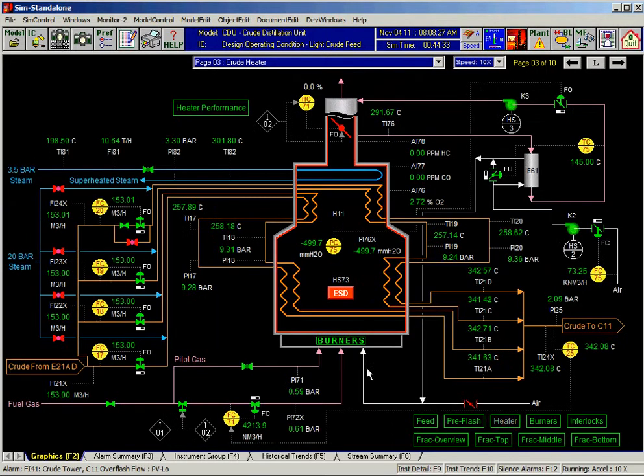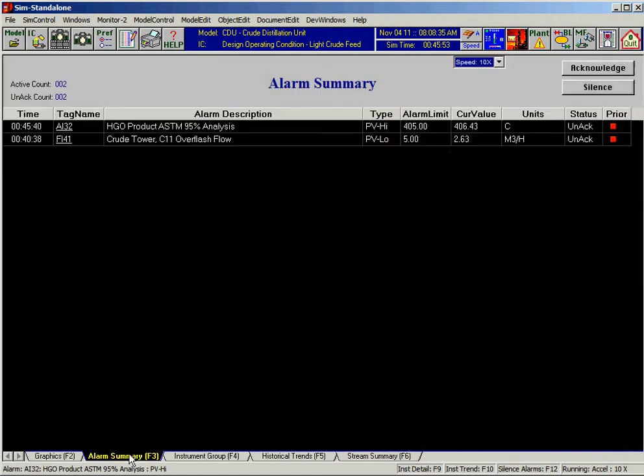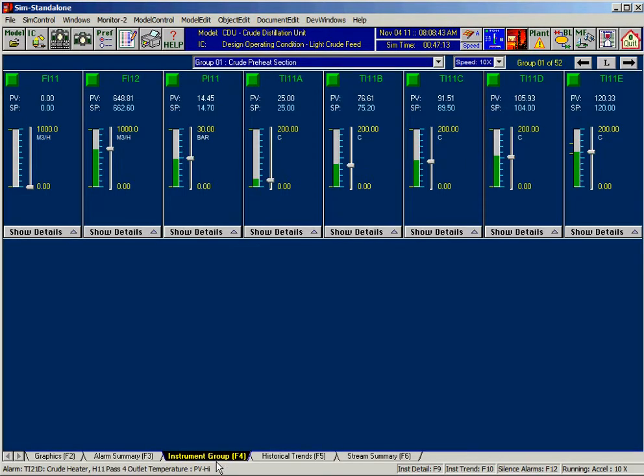So if I were to look it up here and then say, okay, I just want to reduce the pass flow, only one pass flow. So first of all, alarms that you're hearing, you can go to alarm summary here. You can see what type of alarms came, you can acknowledge them. We can look at group display, look at